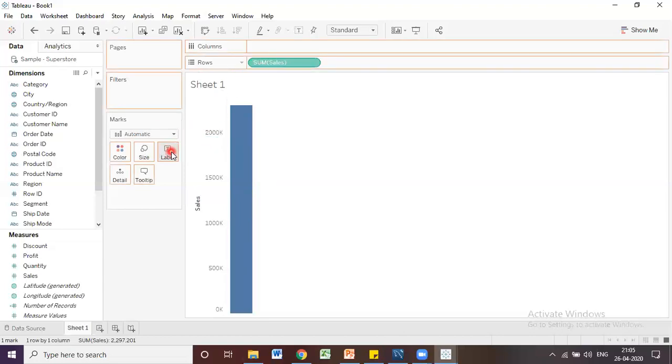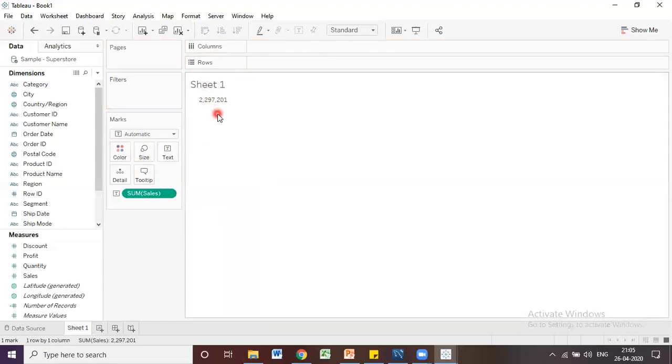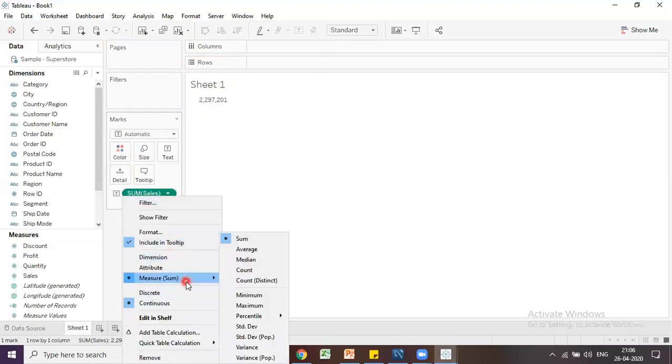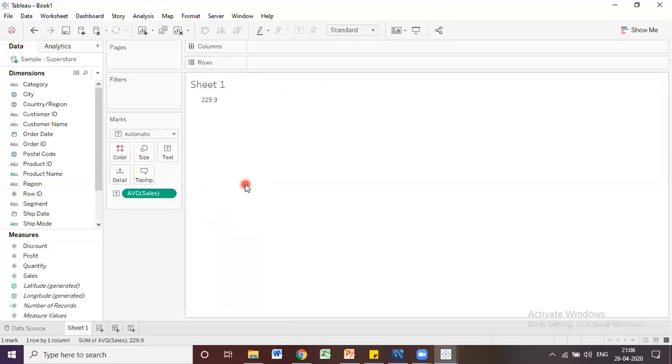Let me drag this one. So it is a sum, right? By default, aggregation in Tableau is a sum, meaning it is an aggregative value. Instead of sales, you can say sum of sales. If you want to make any change, you can go and change it, say to average of the sum. What I am trying to say here is it is aggregative data, meaning we can make any kind of aggregations if we want.